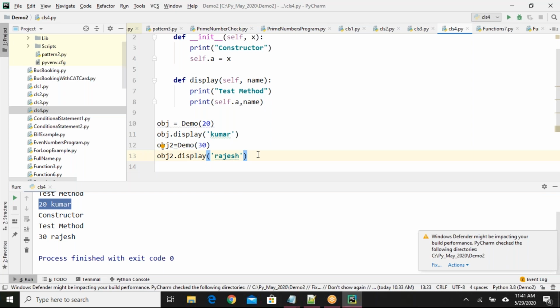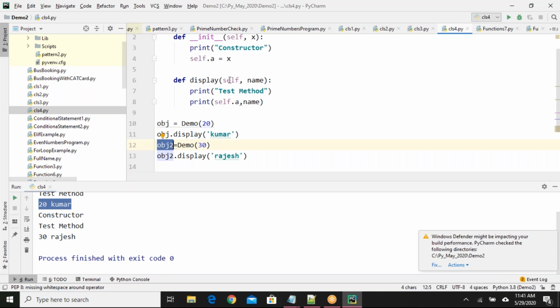Automatically keeps on changing means, say for example, here I have an object called obj. Using obj, if I am using any methods here, self will be obj only. If I created another object, obj2, and I'm calling any methods or initializing any variables, self will be referred to obj2.